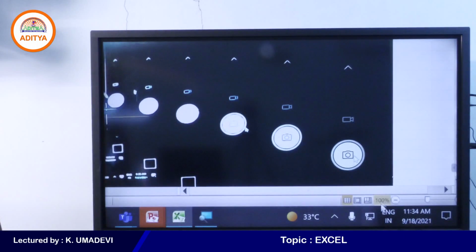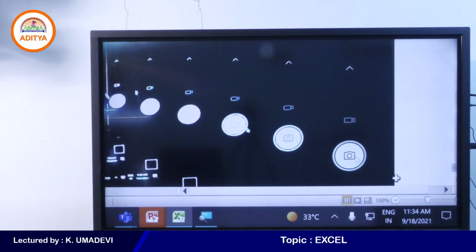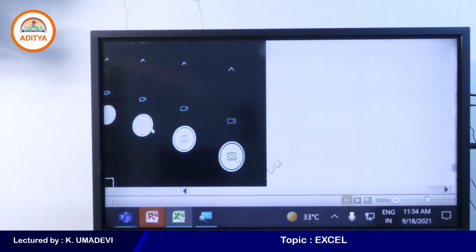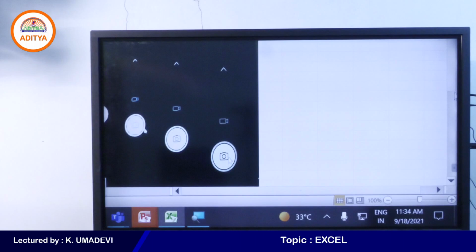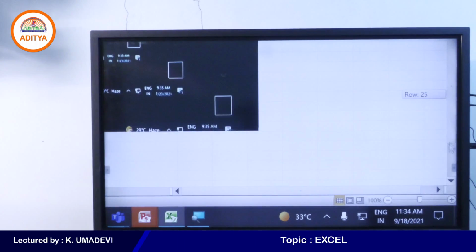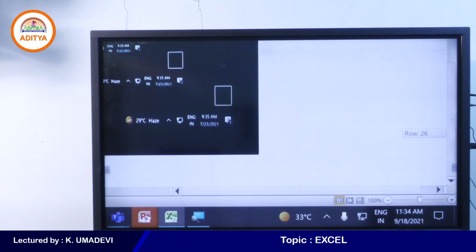Okay, then you can reduce the size of the picture by clicking on sizing handles. Like this, okay. Here the picture is very big in size.